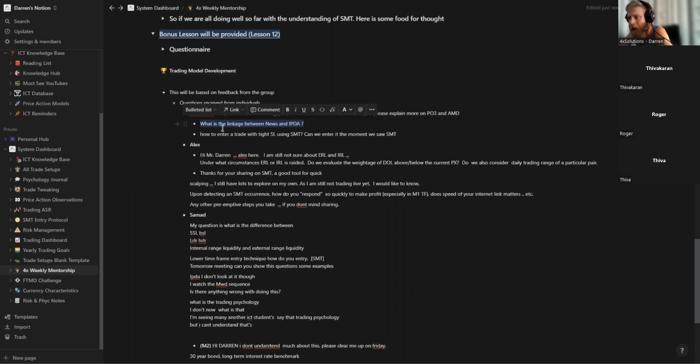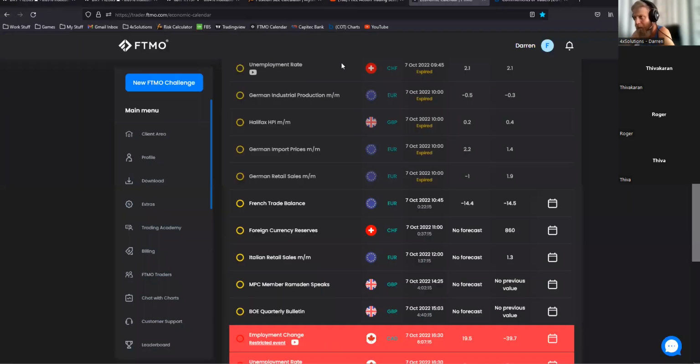And generally what you'll find with these larger news events is there could be 15 minutes before, could be an hour before, 5 minutes before, there's generally some kind of SMT that takes place before this big news event. I'm not talking about medium impact news. I'm talking about something that would create a lot of volatility. High impact news events, and SMT is one of the leading indicators, sorry, to tell us which direction the news will want to go. And you can actually use that maybe today, because I think today